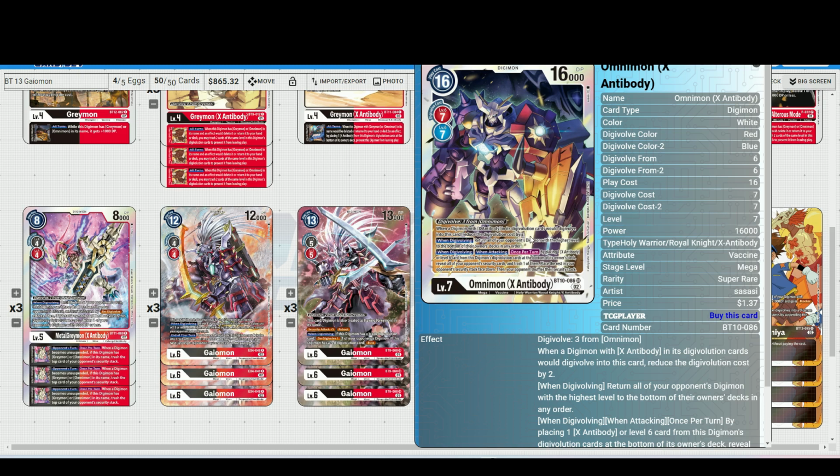They have 2 level 6s in the field, put them down. 2 level 5s or 3 level 5s or an army of level 3s, send them all packing. Also, another when Digivolving and when attacking effect, once per turn, place an X antibody or a level 6 card from the Digivolution sources at the bottom of your owner's deck. You get to reveal your opponent's entire security and take out the most problematic card there,